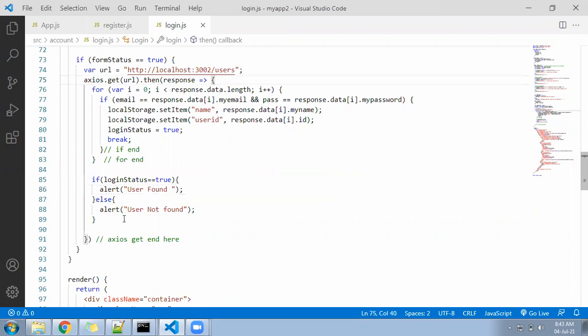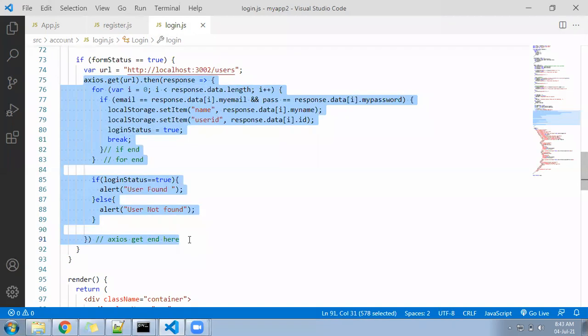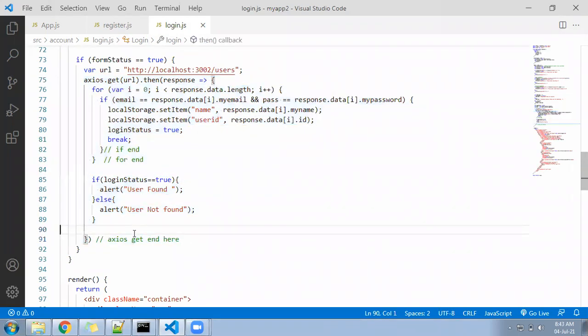Meanwhile, the code I have written today, the Axios to Axios, everything I can send in your chat. In case someone has a problem while writing, you can use this code.